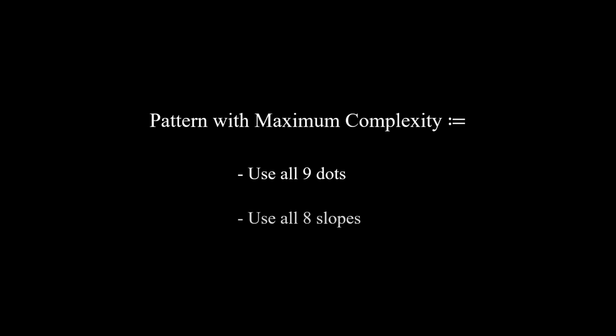Now, if we look at the first pattern, it only uses a disappointing 2 kinds of lines. But if we look at the second pattern, it utilizes 7 different types of lines. So that is going to be our second criterion for complexity. The more types of lines, the more complex. If there's a pattern using all 8 different lines, that would be the most complex pattern. If there are multiple solutions, then those will all have the maximum complexity. This is what we are going to find.